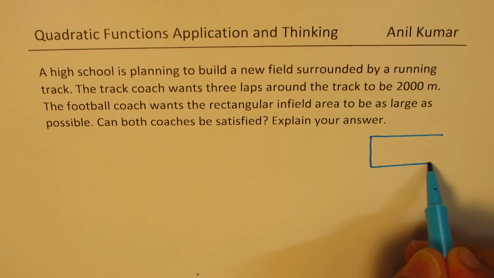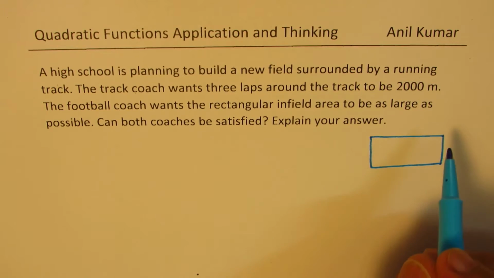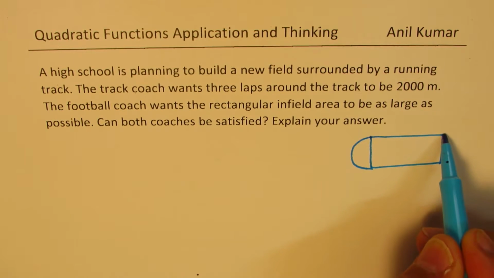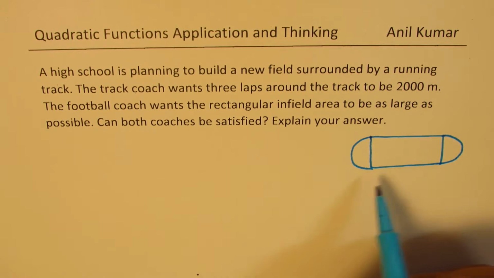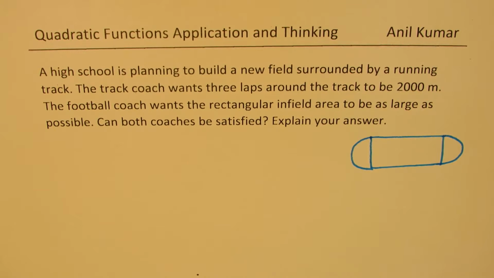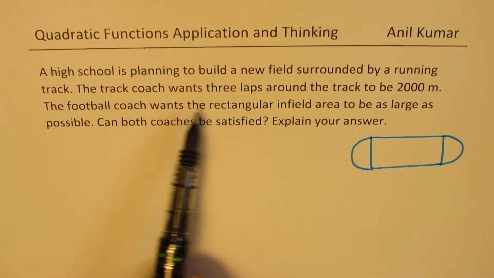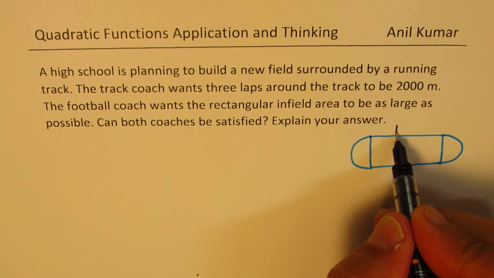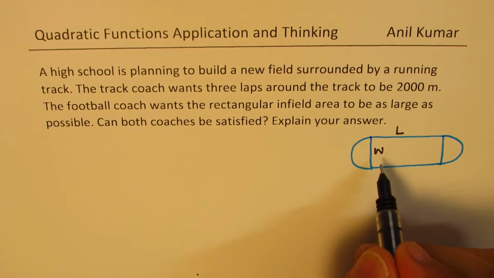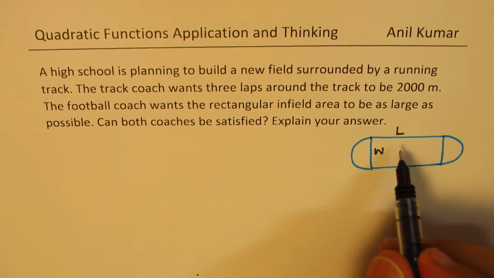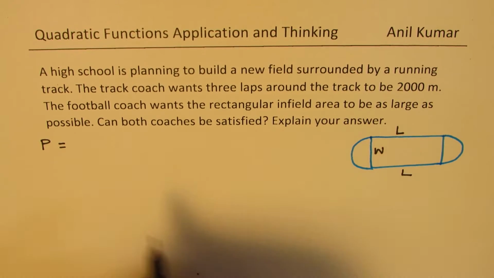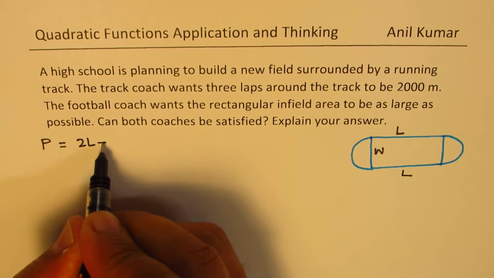So we have this rectangular area. The soccer field is oval in shape, so we'll have 2 semicircles on both the ends. So that is the kind of structure which is going to be made. Now here what we are given is that 3 laps around the track is 2000 meters. Let's say this is the length and that is the width. In that case, the perimeter, let's say P, will be 2L plus